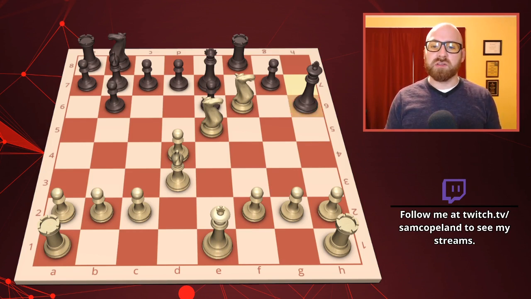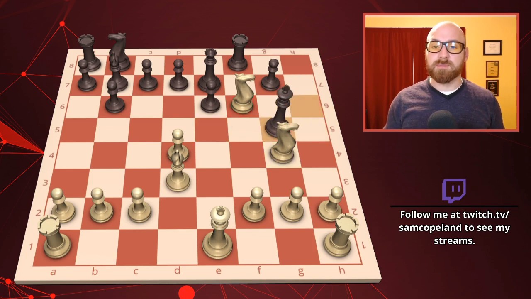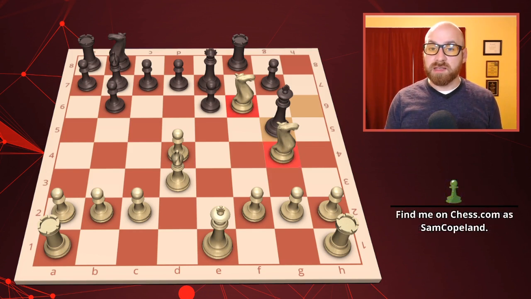Now, in this position, the strongest check is this knight to g4 check. If we had checked with the other knight, the king would have been able to go to the h5 square, so we leave this knight here, and now the king is forced up to g5, the only legal move the king has. Now, interesting here is the two knights are stuck defending each other, so any checks from either knight would be bad because the king could capture the other knight.